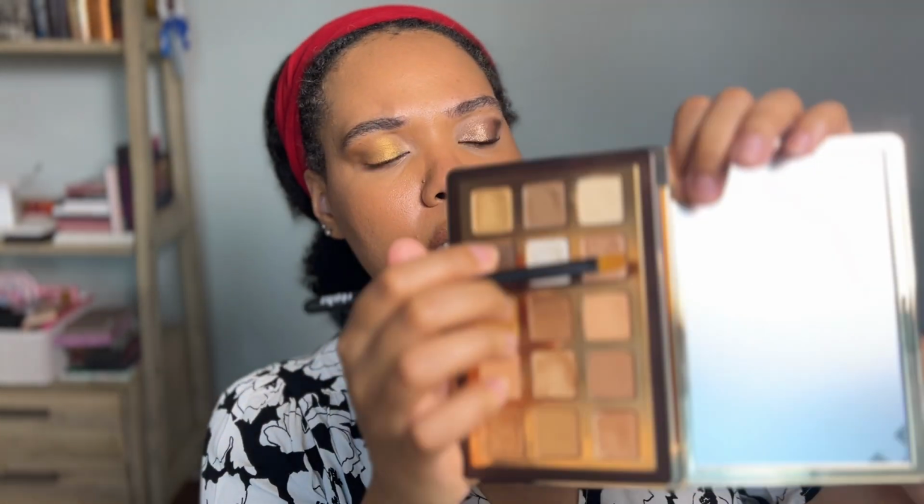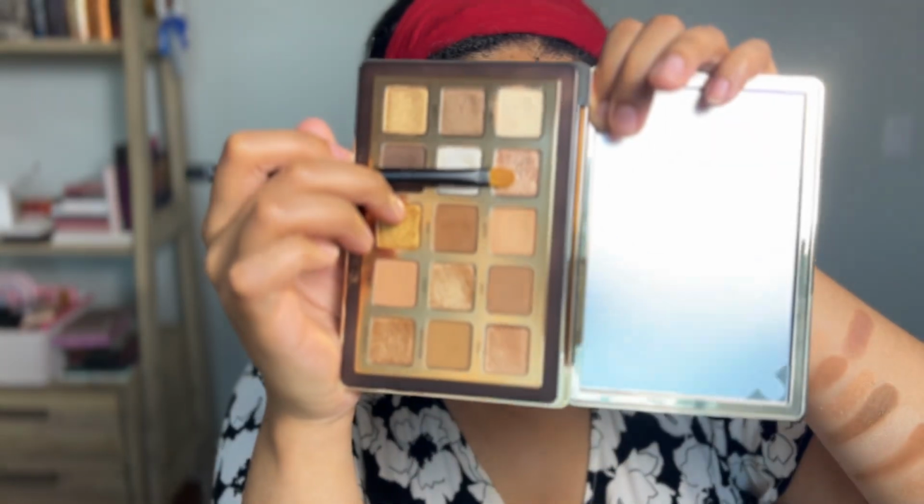And I'm going in with that synthetic brush that I was talking about. Refer 21. Did I show you? Nubia? I think I showed you on my arm, but not in the palette. Nubia. I am going to go back in with that Mliko color, with the same brush, I wiped it off. I'm going to go back in because I